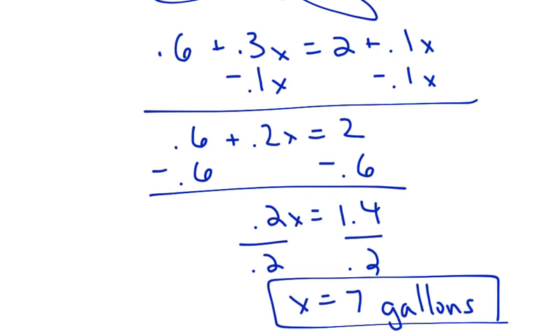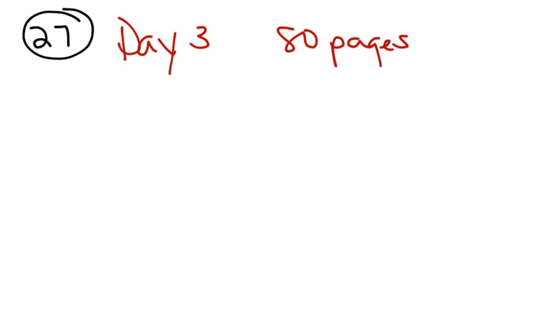Number 27, it says, using the scatter plot below, if Ben had been able to keep up the pace he had on day 3, how many days would it take him to finish a book of 150 pages? All right, so we need to look at this graph to see what was going on day 3. Well, you may notice on day 3, he was reading 80 pages. So if he's going to keep that up, and he wants to find out how many days it's going to take him to read 150 pages,